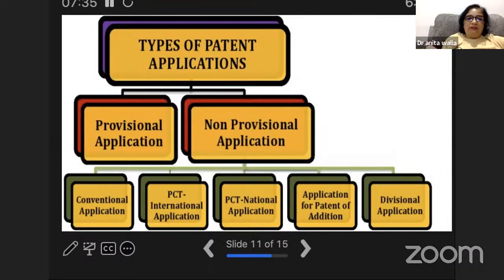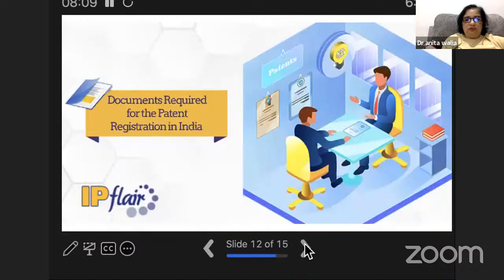And there is something called PCT international application, which is also an international patent grant, but you have to take permission if you want to do it and not do it in India. So you have to obtain a permission from India because you have done the invention in the land of India. Okay. So that is also called multiple nation patent granting. Okay. 142 nations are there in that, called the Patent Cooperation Treaty. You can go to Google and type that and you can file the application, but you have to take a permission and upload that. Okay. So these are the things which you have to do.